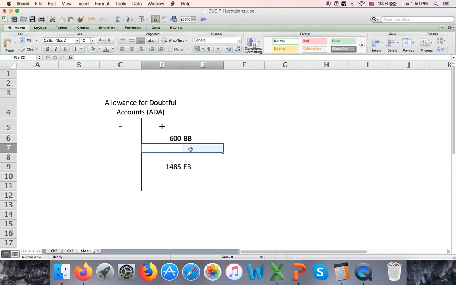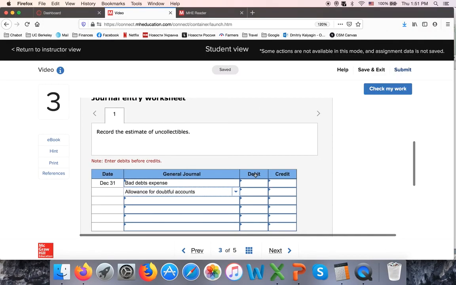So the question is, how much do I adjust, right? So what should my adjusting journal entry be? And guys, since they are on the same side, you subtract them. You take 1,485 minus $600. That's the amount of the adjustment, 885. So you just subtracted the two. So when you use percent of receivables, it's a two-step process. So bad debt expense debit 885,